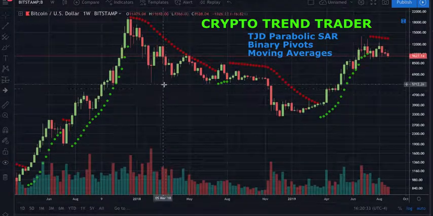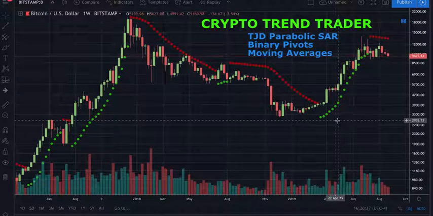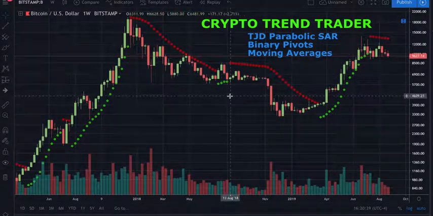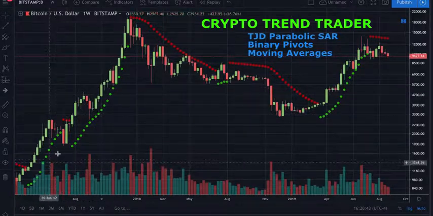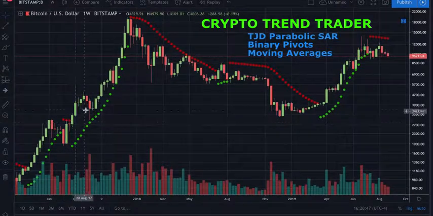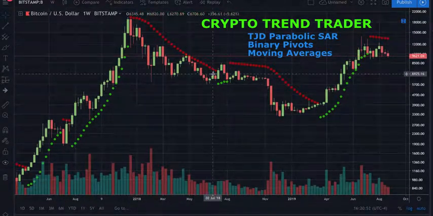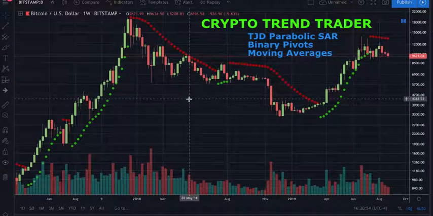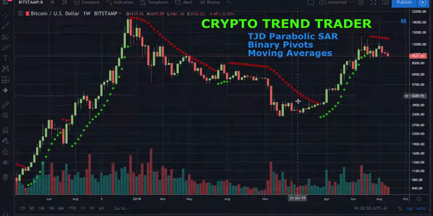I didn't actually do the math on it, but your average trend here is probably 10 to 20 weeks on average. You'll occasionally get a short one like this, but if you're in an uptrend, you're going to get shorter downtrends. That's your correction, and they're less reliable. If you're in a downtrend, you're going to get shorter uptrends, and they're less reliable. So what you're essentially going to do is stay in the trade based on what the parabolic SAR is